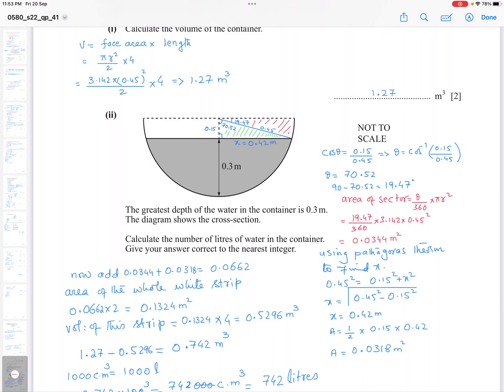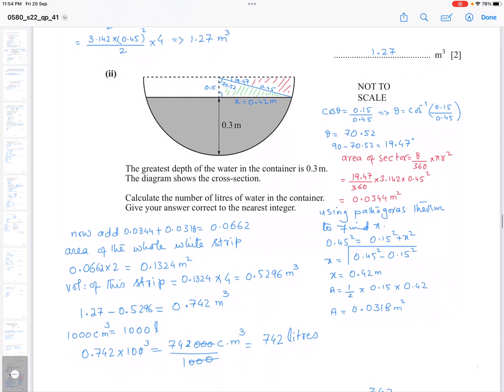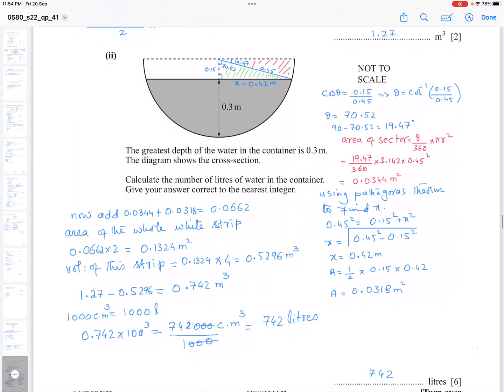So if you subtract this from 1.27, this was the volume of the whole face, you get 0.742 cubic meter, which is the volume of the shaded portion. Now 1000 cubic centimeter equals